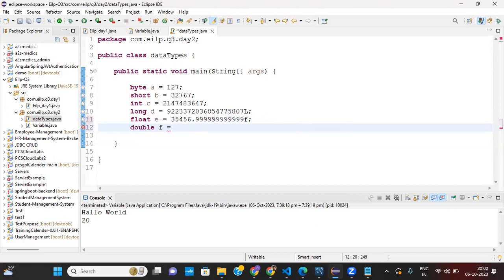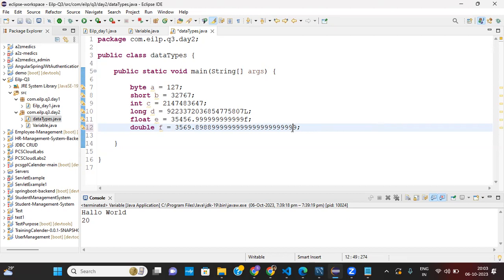So let's say float. Basically, it is not giving the error.